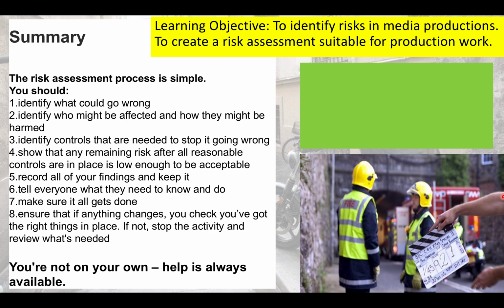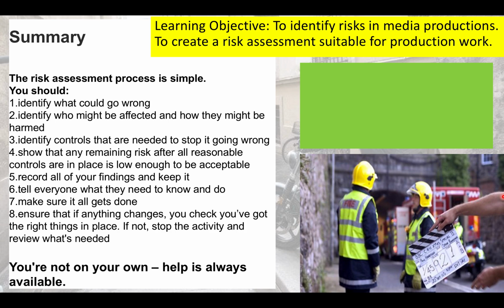So when you're making a risk assessment, you need to identify everything that could go wrong, who might be affected or what might be affected, and how it could be harmed. So equipment, people, you, what is the thing that's going to be harmed and how. Identify what kind of control is needed. So is it a PPE system? Is it something that you need to replace or substitute? Is it something you need to eliminate completely? And what is needed to help it stop going wrong?